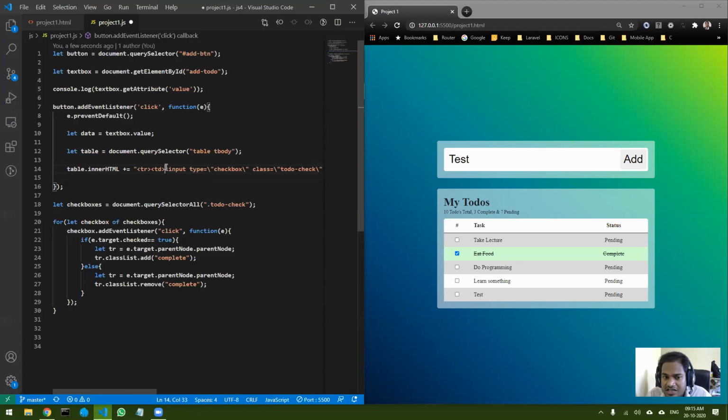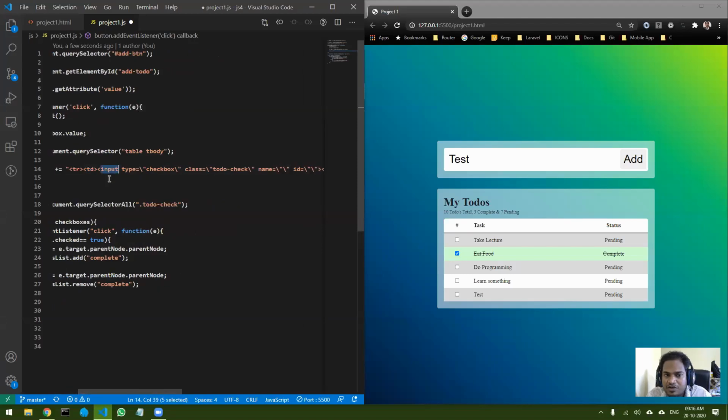Now the reason why we use this kind of method is there are 2 reasons. First of all, just imagine if you want to create an element. If it's a simple element, then there is only one tag, you can create it easily. But in this case you can see how many elements are there. There is a tr. Once you have to create a tr, then you have to create a td, then you will have to create an input element.